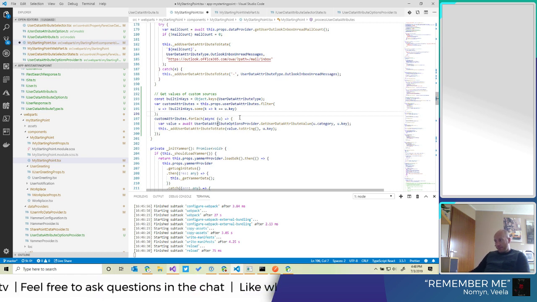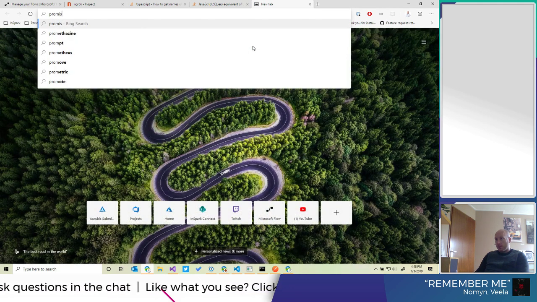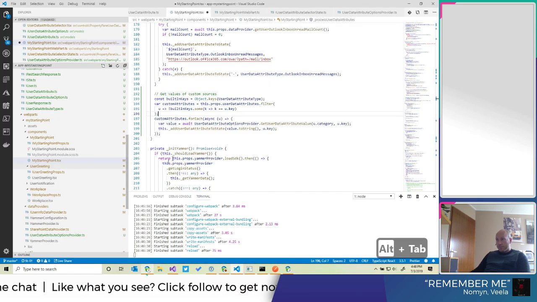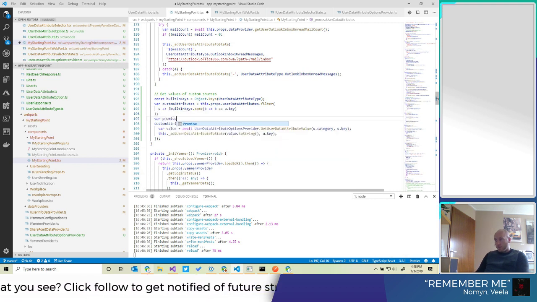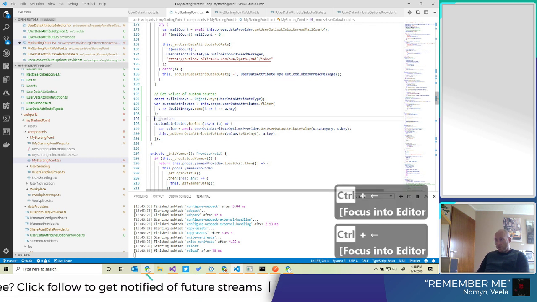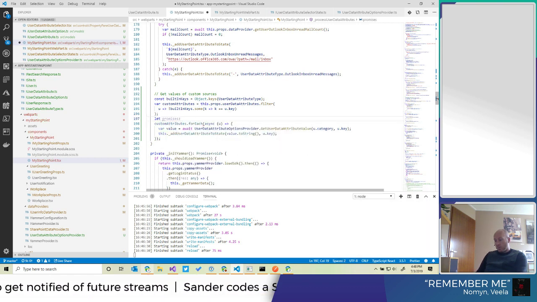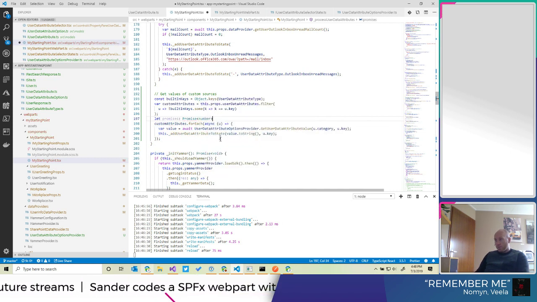And then we have multiple sources to get. There was something like source all. So we can create